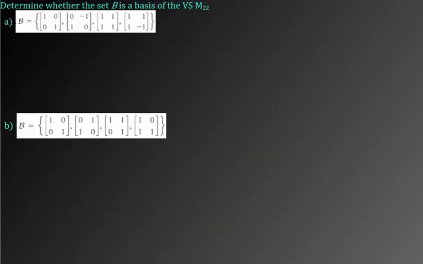Just to see it in practice, if you wanted to determine whether a given set is a basis, you can do this trick where you make vectors out of these matrices, like vectors in the way that you think of them. So 1, 0, 0, 1. And then here I would do 0, -1, 1, 0. I'm just reading top left to bottom right. And then 1, 1, 1, 1. And then 1, 1, 1, -1. And